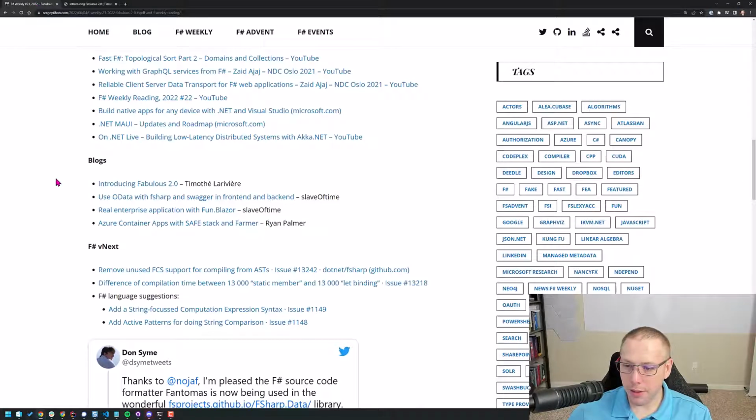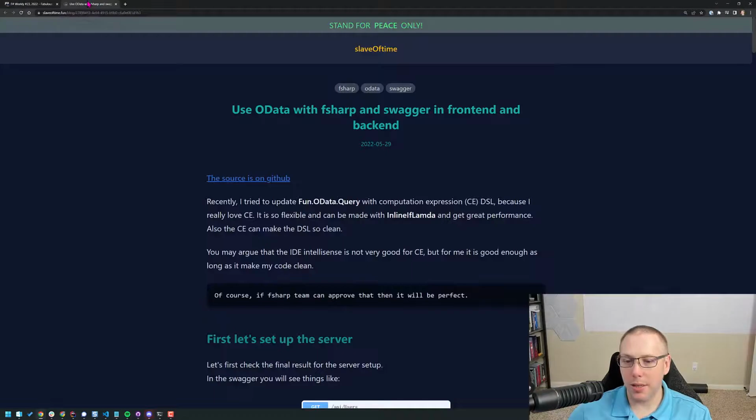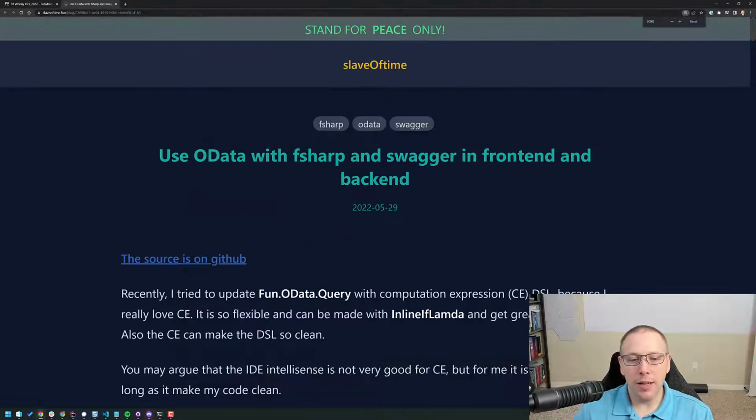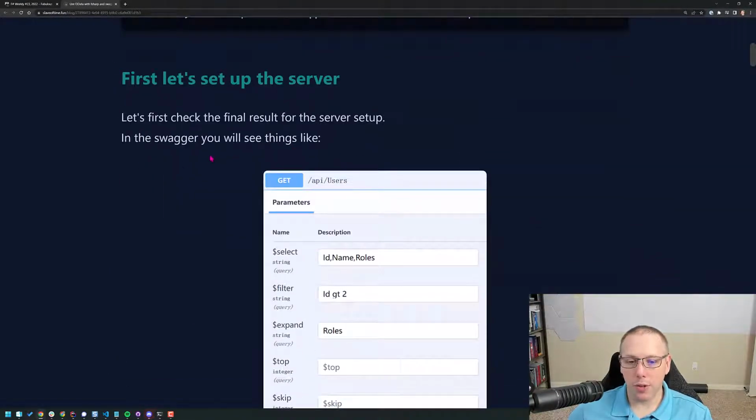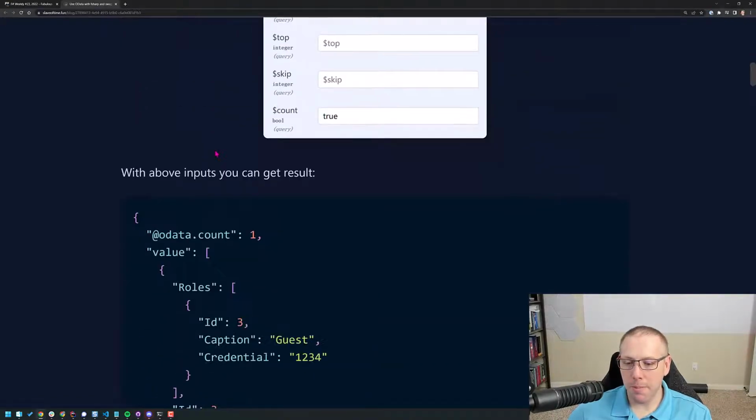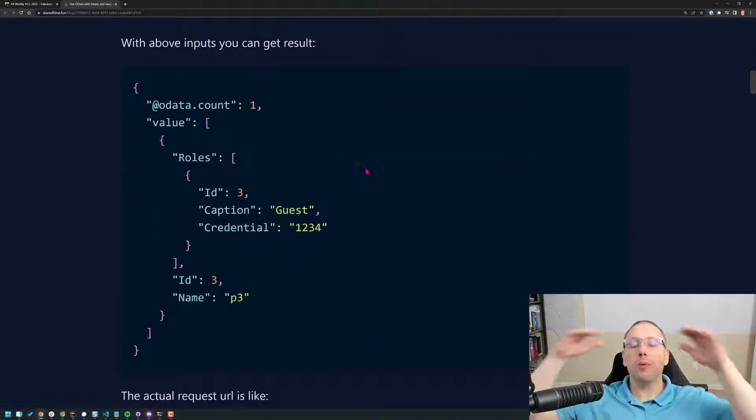After Fabulous, we have using OData with F# and Swagger in front end and back end. Again, this is an exciting area. Anything that simplifies the consumption of APIs is something I get excited about. So this is using computation expressions over Swagger endpoints, it appears. And computation expressions